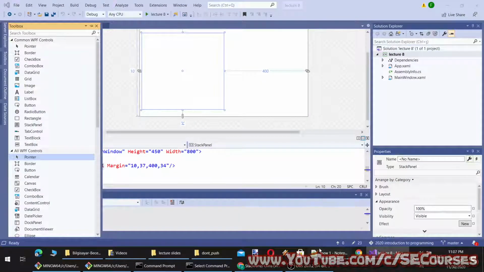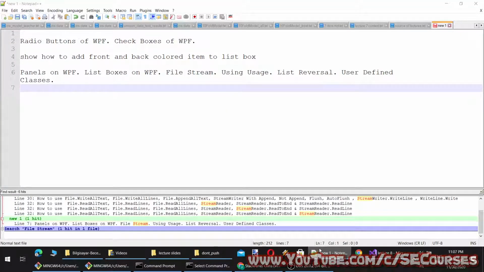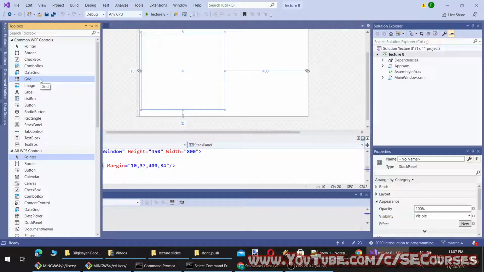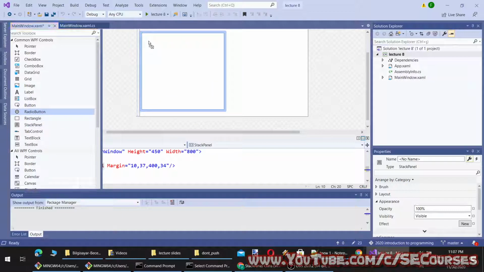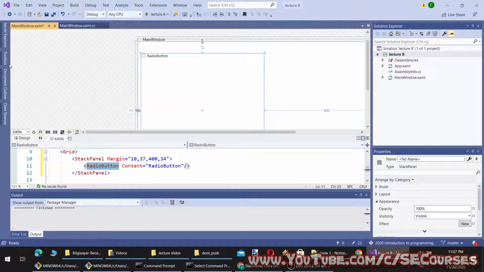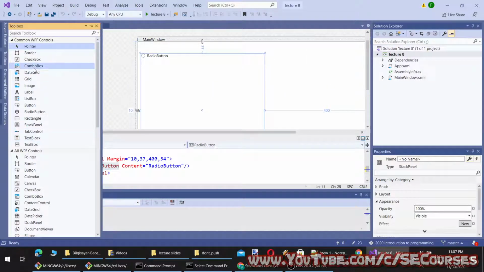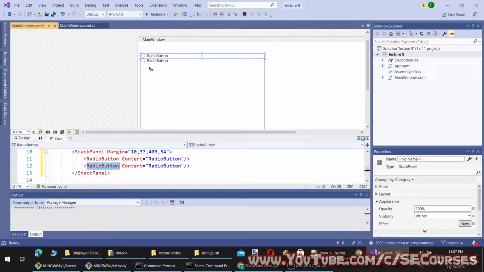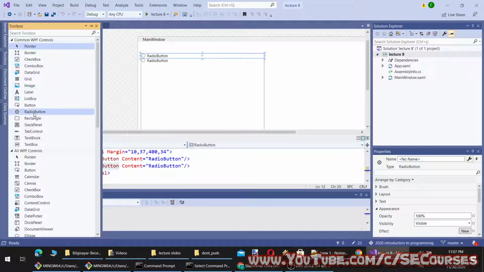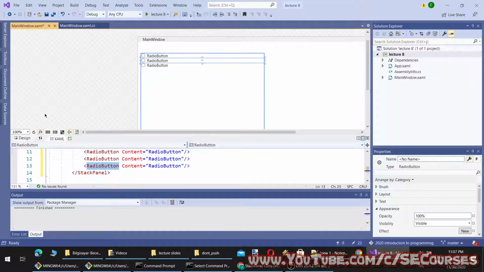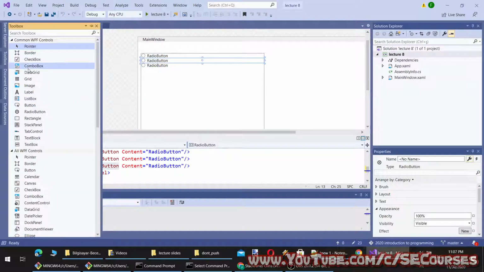So today we are going to see the radio buttons and checkboxes as well. So radio buttons can be used as a group. Okay, so I am going to add multiple radio buttons and let only one of them be chosen at a time. So I am adding them like this, as you can see.